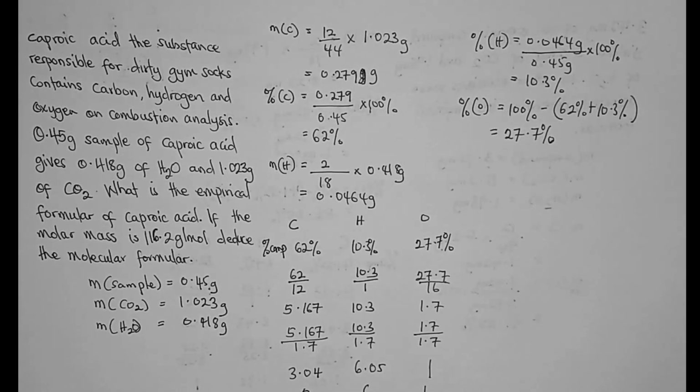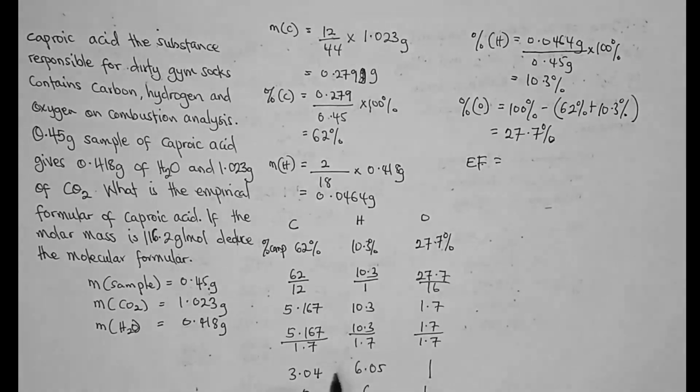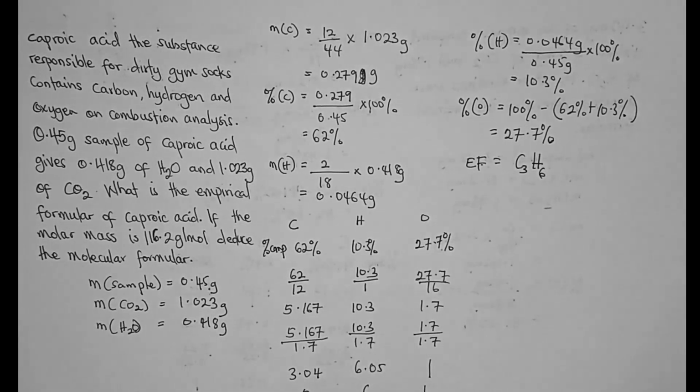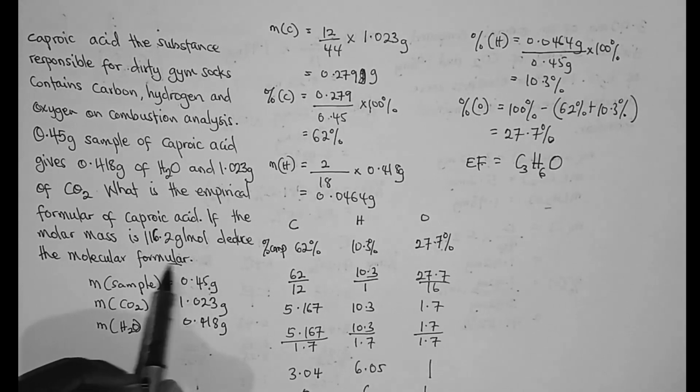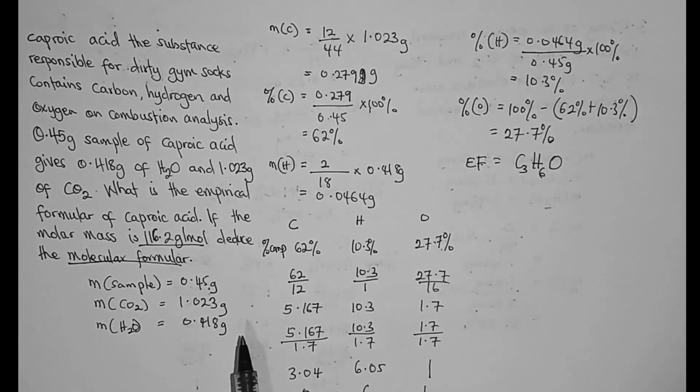What it means is that the empirical formula for caproic acid is C3H6O, with oxygen being 1. So this is the empirical formula of caproic acid. However, the question says we should find the molecular formula, but they give us a molar mass of 116.2 grams